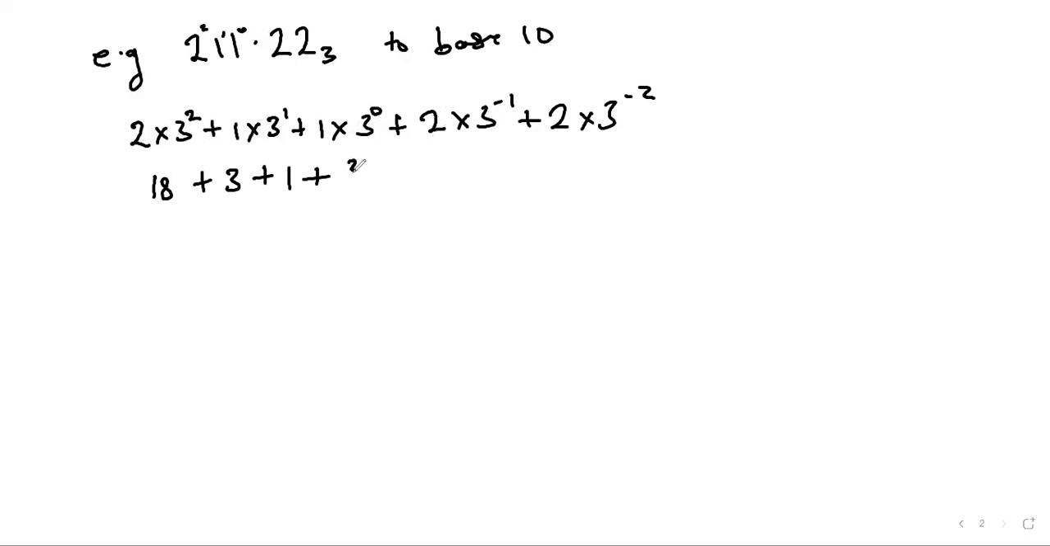This one is 2 over 3 plus the next one, 2 over 3 raised to the power of 2. So if you add all these, 18 plus 3 is 21, plus that is 24. 24 plus 2 over 3, if you convert that to decimal, what will it give you? 0.667 plus 2 over 9. You know, 3 raised to the power of 2 is 9. So 2 over 9